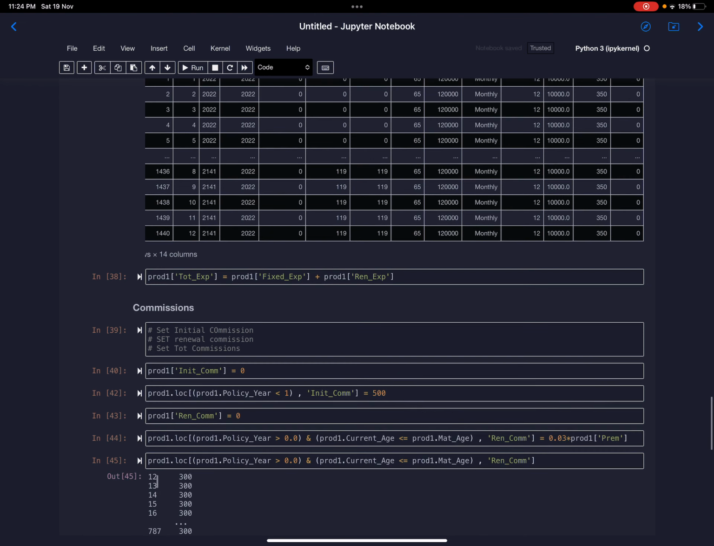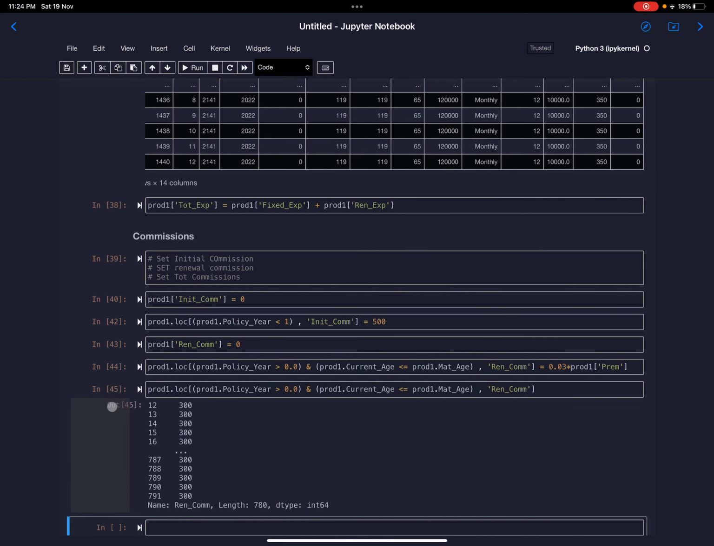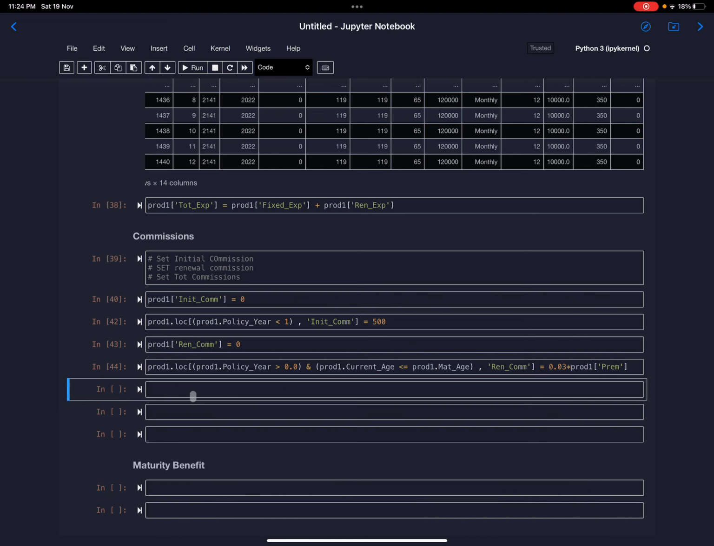Yeah, so it is right. So we have this going on, so yeah, this is working fine. So now what do we need? We need the third is setting total commissions. So let's just set total commissions as a sum of,